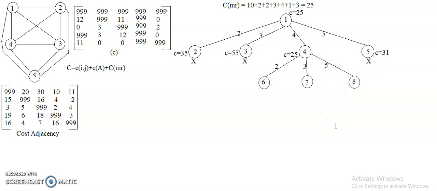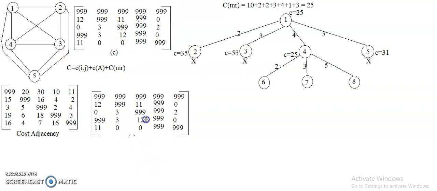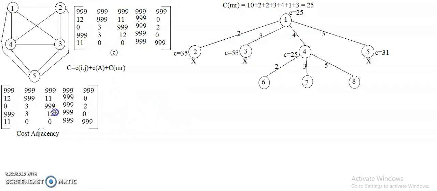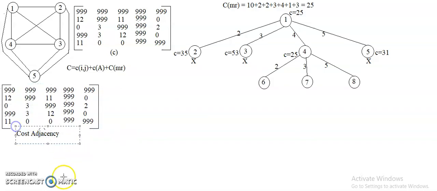Let me see which city will give the minimum cost. I need to refer to this particular matrix now for the exploration. 1 to 4 is already explored, so from 4 I need to visit vertex 2. Let me take out this matrix and write it here. Leaving aside the initial cost adjacency, I will overwrite it because I need some space, so I'll just erase this much.